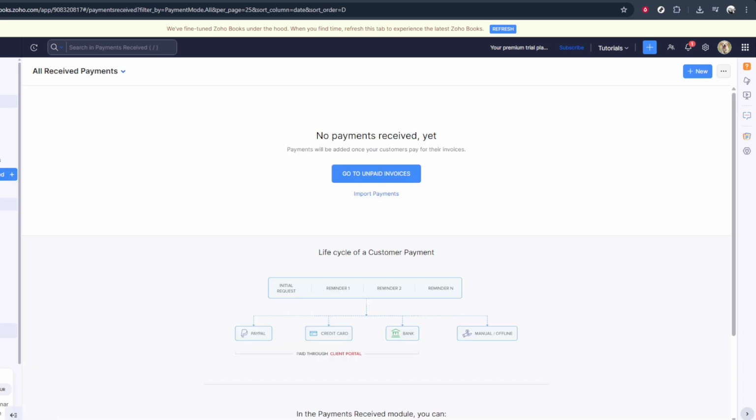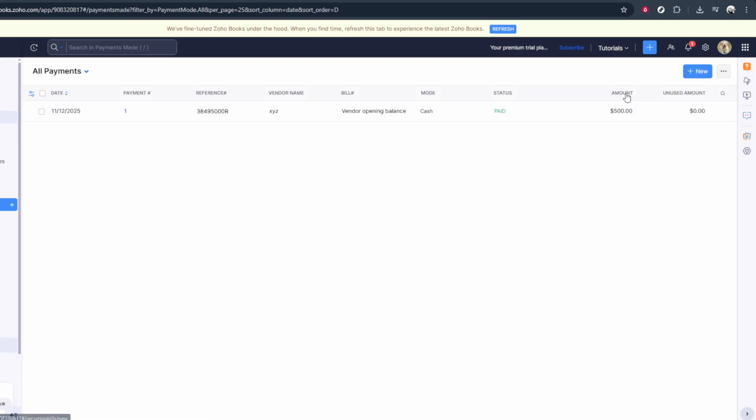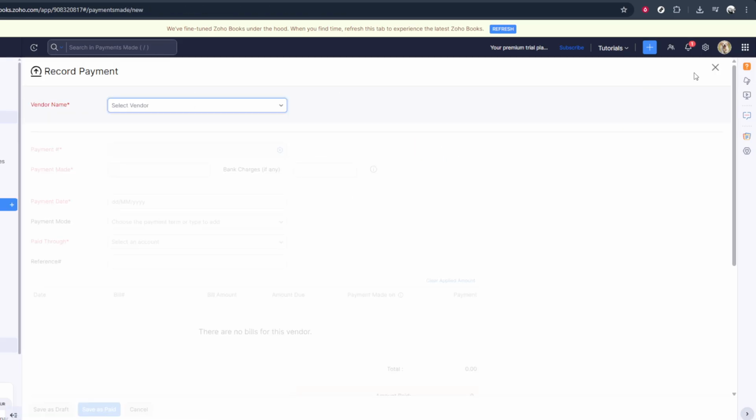When the Purchases section opens, you'll see several options or tabs along the top or side. Look for the one that says Payments Made. Go ahead and click on Payments Made. This area is dedicated to tracking all the payments you've issued to your vendors, whether they're linked to bills or